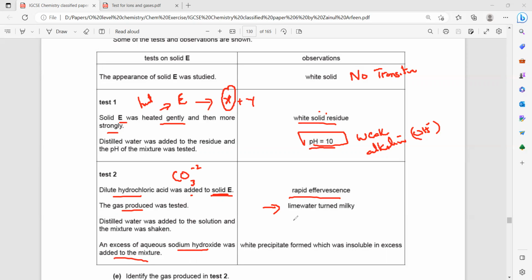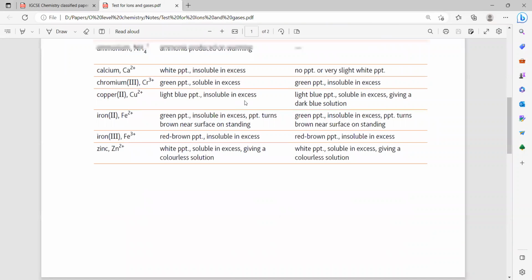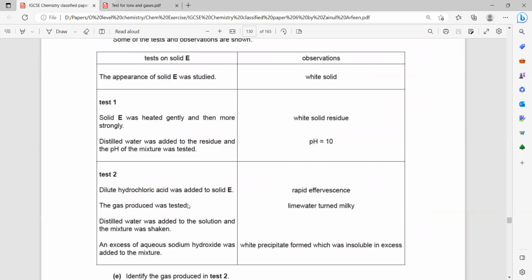If we add sodium hydroxide and we observe a white precipitate, what is given? Calcium, aluminum, or zinc can be present, but since it is insoluble in excess, it is calcium ion. So in the exam, in paper 6, you will have the identification of the ions. The sheet will be there. You can use that. As you can see in the question, they mentioned an excess of sodium hydroxide was